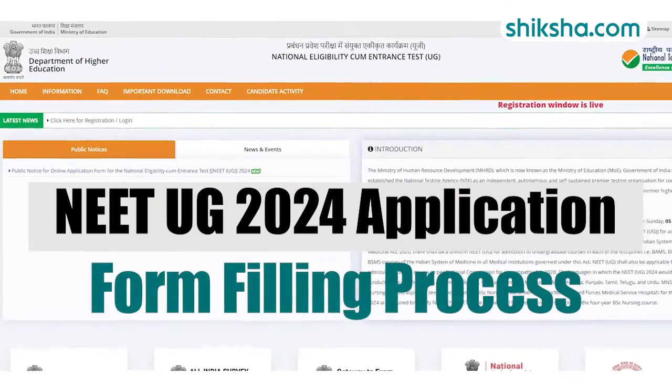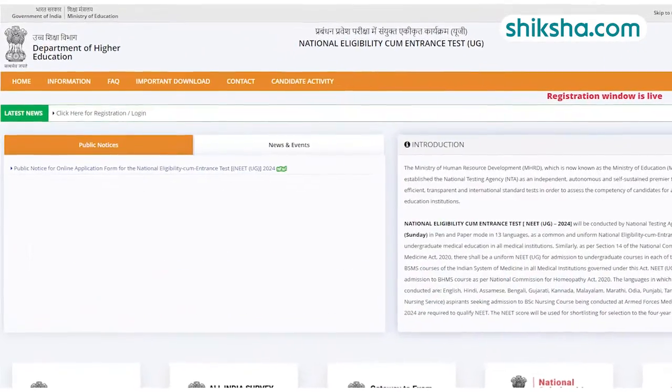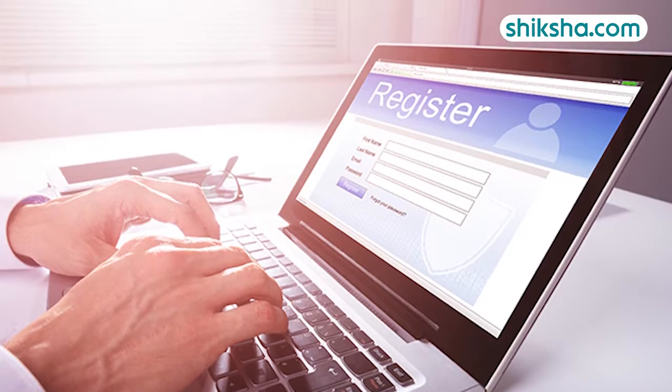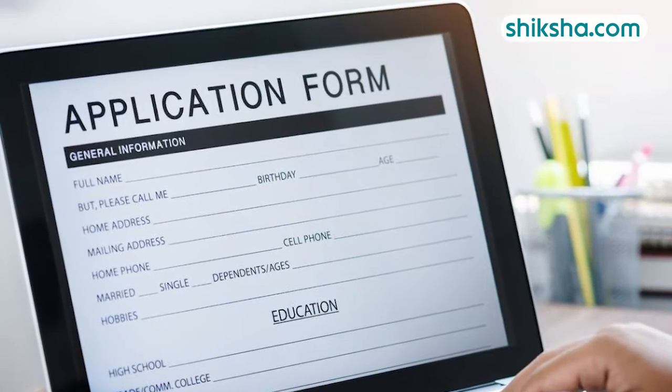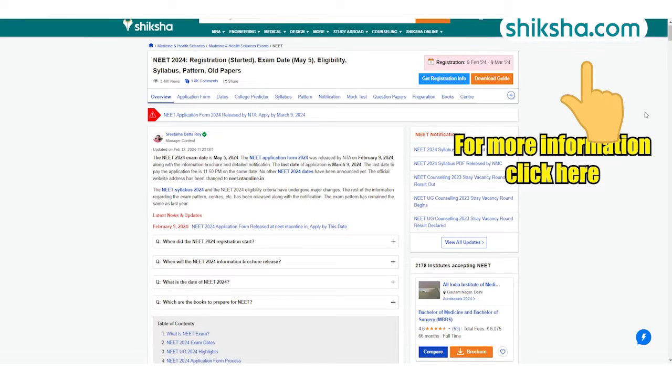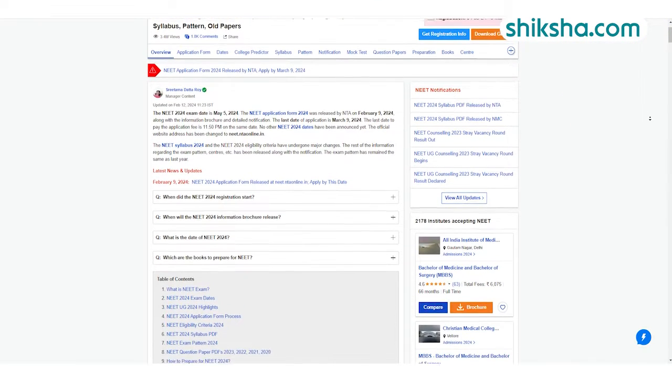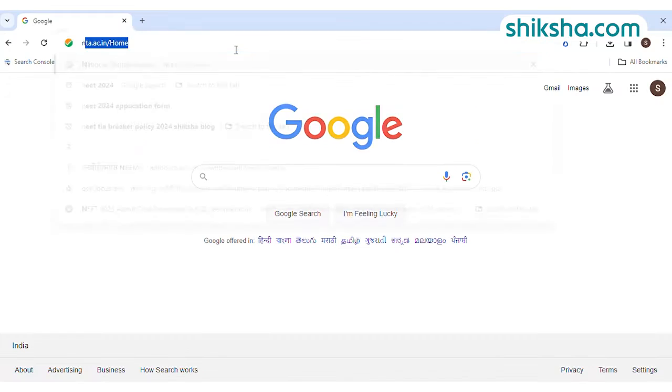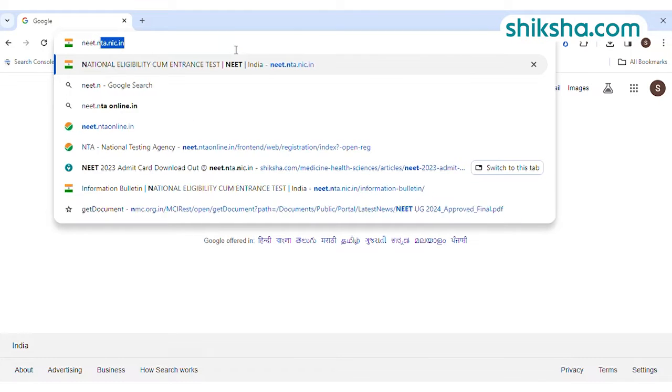NEET 2024 application process has started on February 9. The application window will be open for a month, hence you must act fast and complete the application process on time. This video of shiksha.com brings to you the step-by-step procedure on how to fill the application form of NEET 2024. The first step is to visit the official website of the exam,